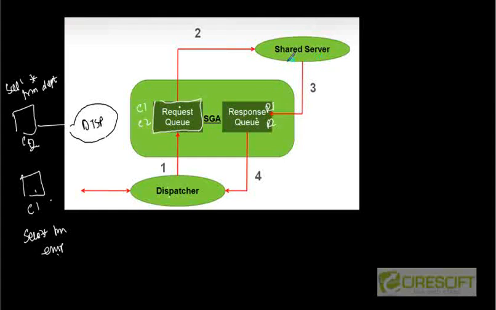Having said that, we saved a dedicated server process, right? But instead of that, we are going to create this complex data structure like the request queue, response queue, and this small lightweight dispatcher process. But still it is